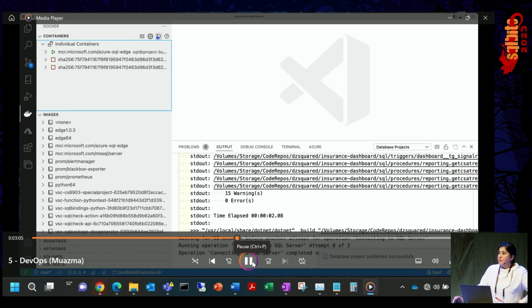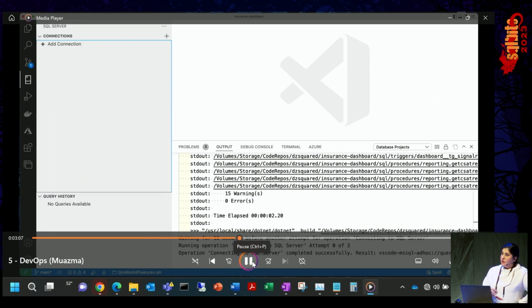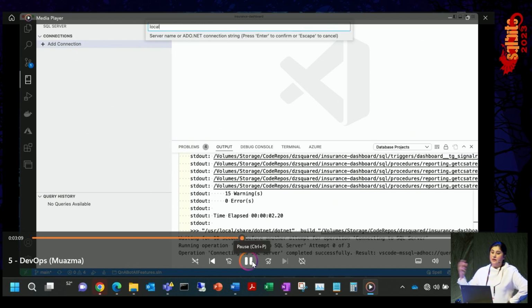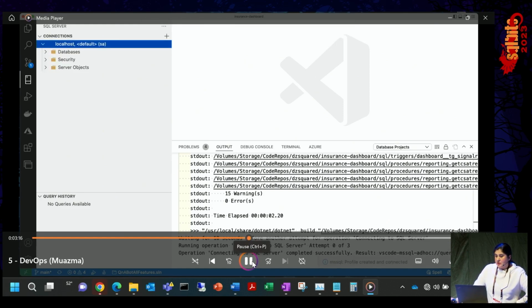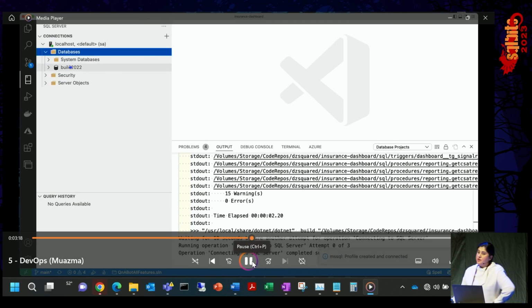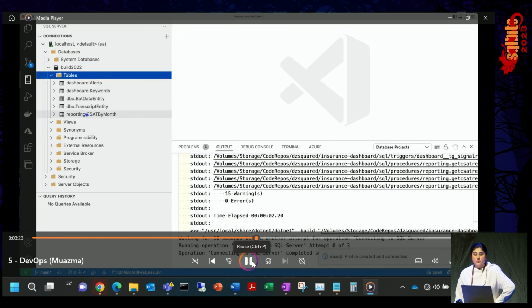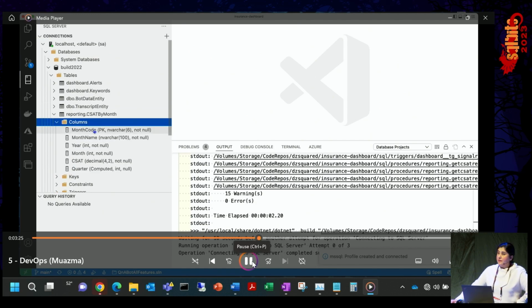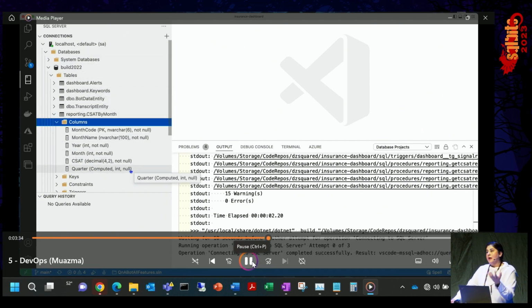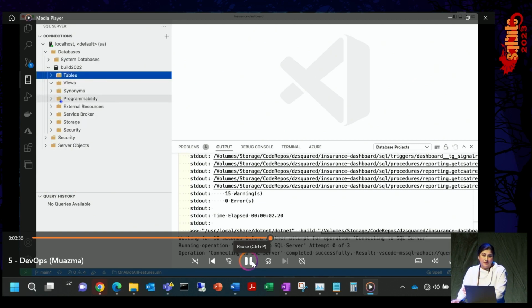Now again, from your lifecycle perspective, you're testing on your local machine, making sure it's working, and then you add a connection to confirm that it's working on the system as well. Now these changes are done. Now I'm going to do another change, which is adding a new stored procedure, right? Right now we were doing the reporting by month. Now some leader in your team wants to see this report by quarter. So you reuse your existing stored procedure and rewrite it to update it by quarter. So that's the change